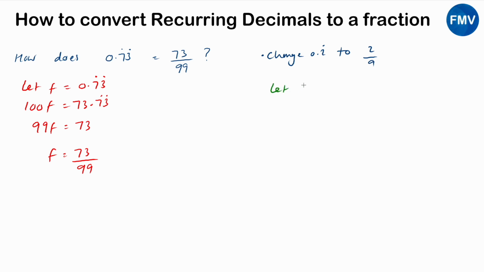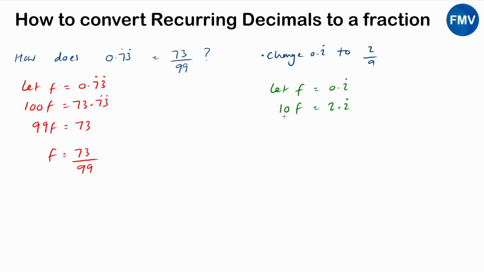We're going to let f, the fraction, equal 0.2 recurring. Now this time, we don't multiply by 100. We can, but we don't need to. We're going to multiply by 10. So we're going to say, well, if 1f is 0.2, 10 lots of f is 2.2 recurring. The reason for only needing to multiply by 10 is I know that 2.2 recurring minus 0.2 recurring will give